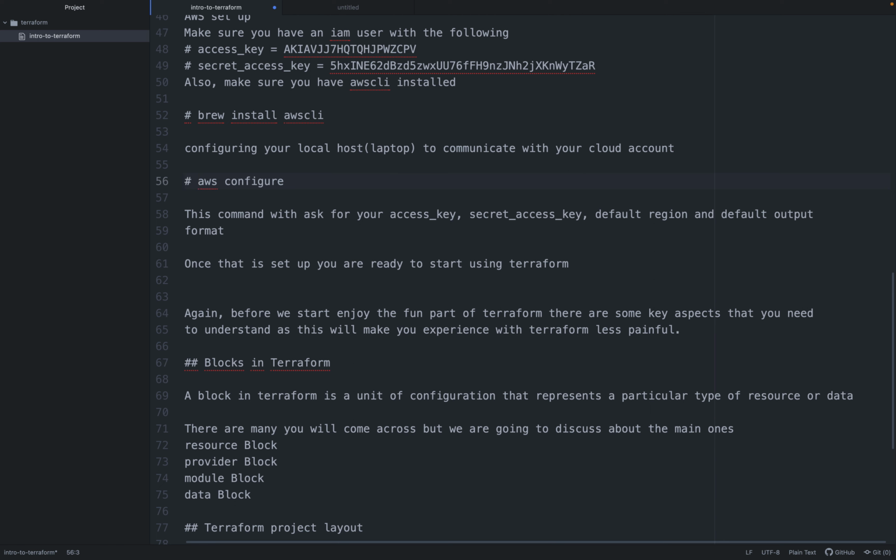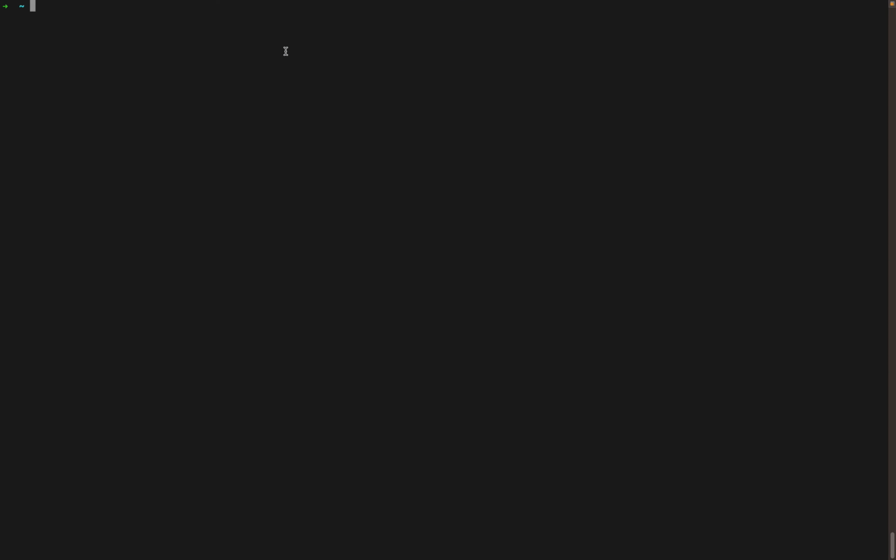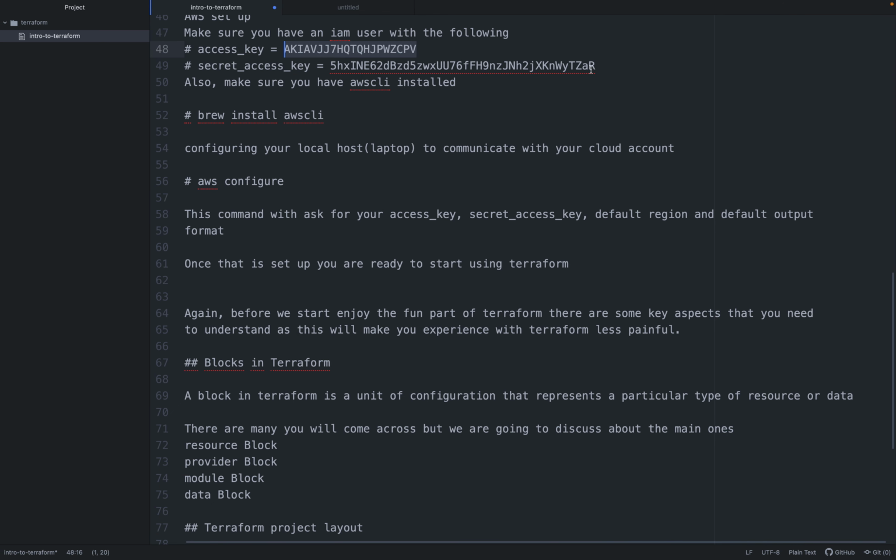to pass in those credentials. I'll go to my command line and run the command aws configure, and it will ask me for my access and secret key. But it's also going to ask me for my default region, and for my default output format. So let me copy my access key. I'll come back here and run aws configure, which will help me set up my AWS CLI. It's asking me for my access key, so I'll paste that. It will ask for my secret key. I'll come back to my text editor and copy this,